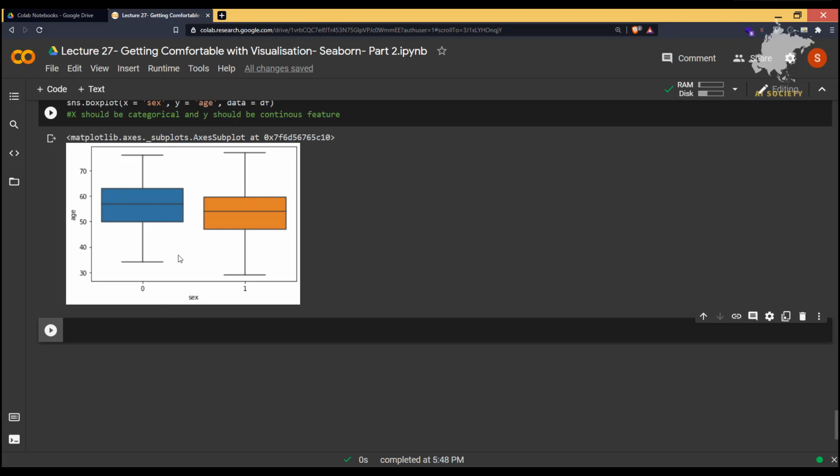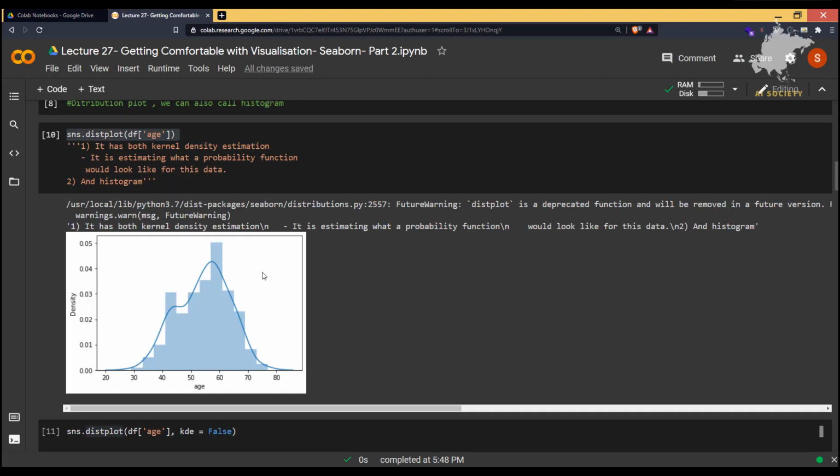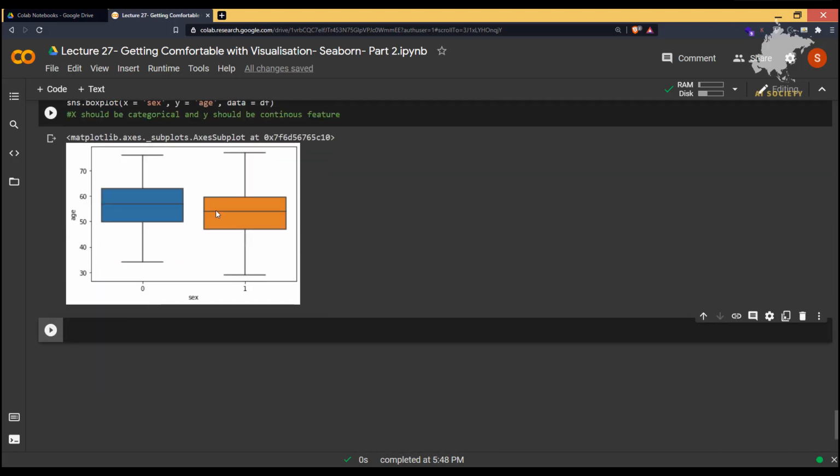This is how the box plot looks. The one was male, right? Let me check above. Yes, the one was male. For the male, the median age is around 55 or something.